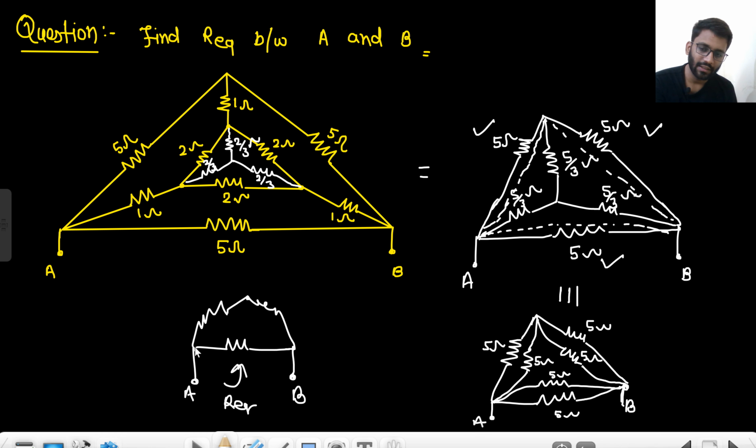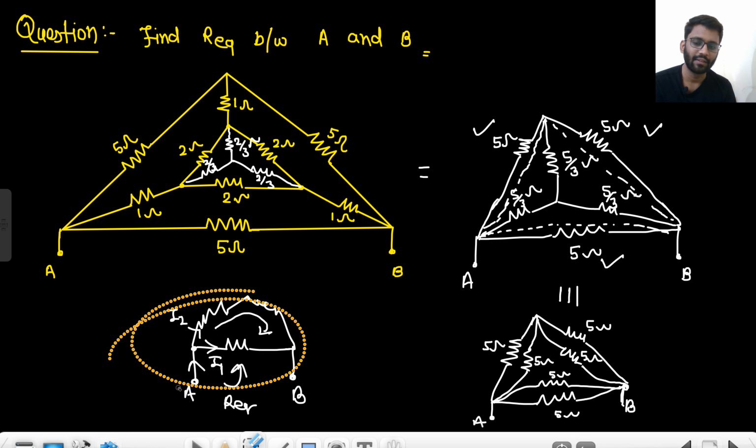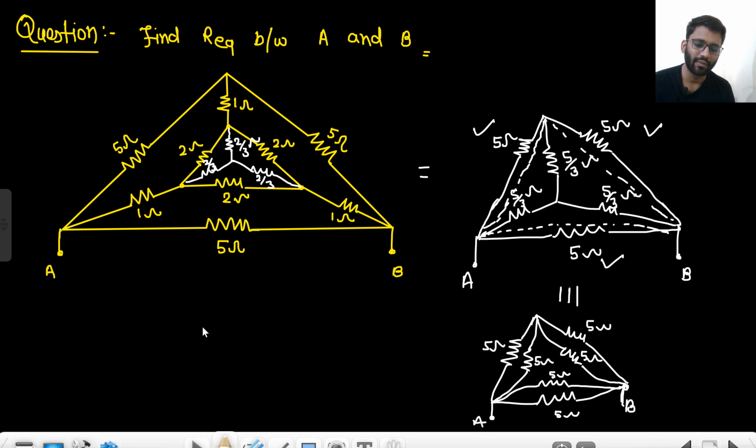If there is some current here, then I1 current will go here and I2 current will go here. Now this I2 current will flow in the complete path. Now if I reduce this 5 ohm and 5 ohm to 5 by 2, and then the other 5 ohm and 5 ohm to 5 by 2, and then these two in series, what will my equivalent circuit be? My equivalent circuit will look something like this. The upper one will completely become 5 ohm, the lower one will completely become 5 by 2, and this is A and this is B. Are you getting this point?